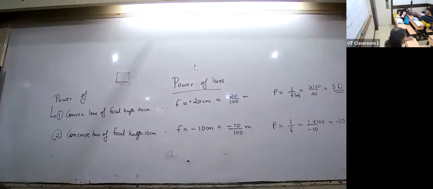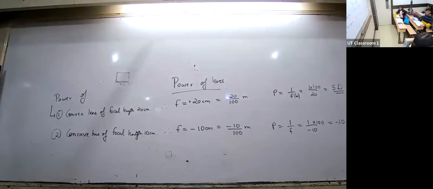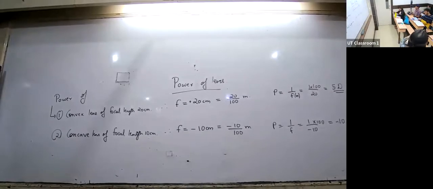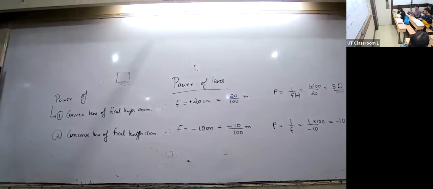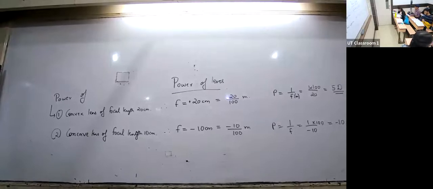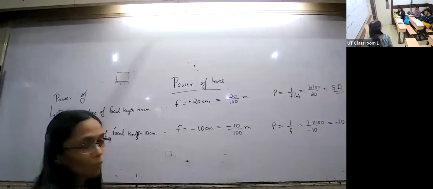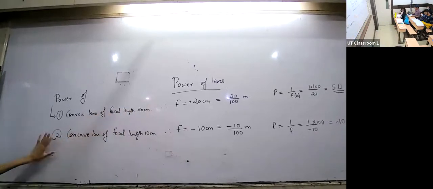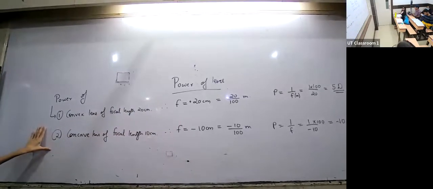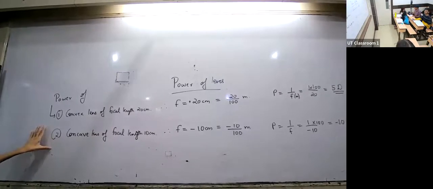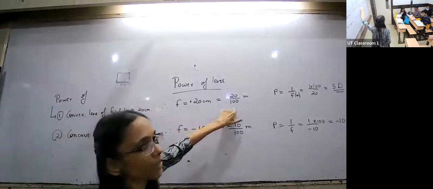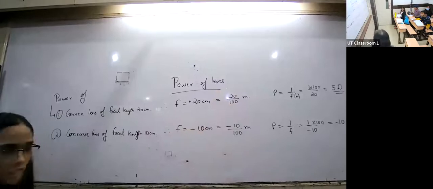All right. Now comes the major parts. So we have understood concave and convex lenses. Where are we applying them? And we have seen power also. Hopefully you won't go wrong in calculation of power. It is pretty straightforward. The only part where you can go wrong is not converting into meters. So please remember, it's important. And